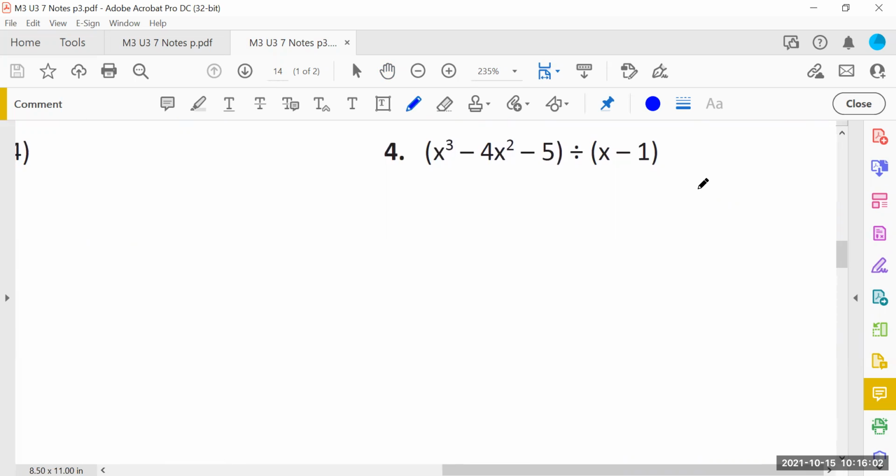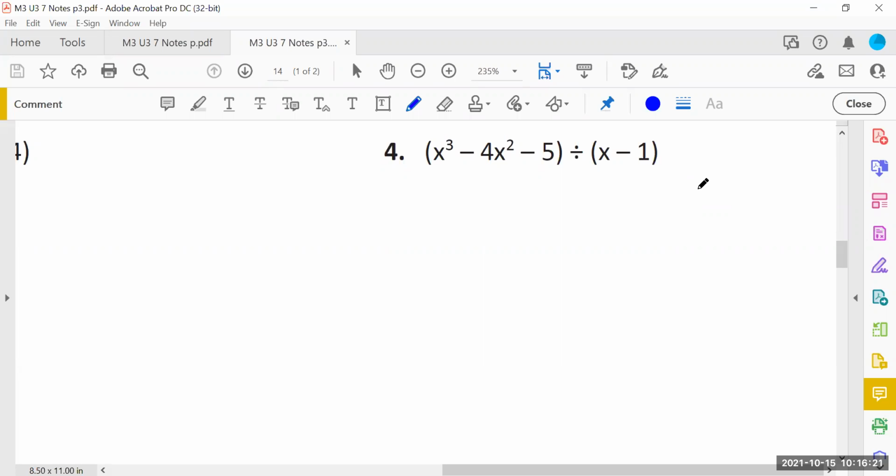Could you say that a little bit louder? An x to the first power term. Does everybody see that we have an x cubed, an x squared, but no x to the first power term? That is a major problem for synthetic if you don't notice it, because synthetic is all about lining everything up